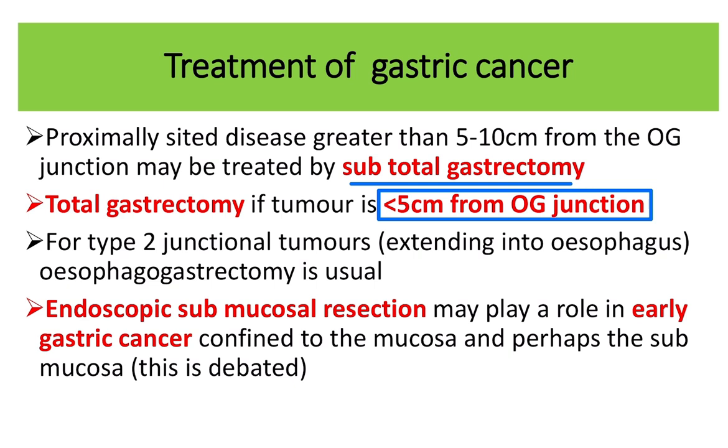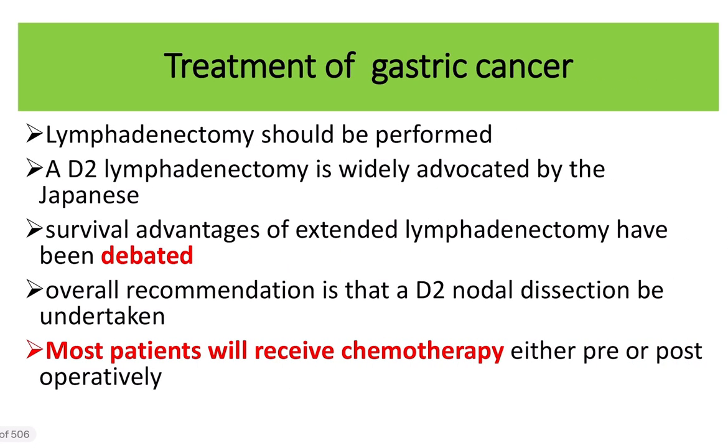Endoscopic submucosal resection may play a role in early cancer which is confined only to the mucosa and some portion of the submucosa. So when the tumor is confined only to the mucosa or submucosa, in this condition there is a possibility to give the treatment of endoscopic submucosal resection. Then lymphadenectomy, in both cases it should be done, and a D2 lymphadenectomy is widely advocated by